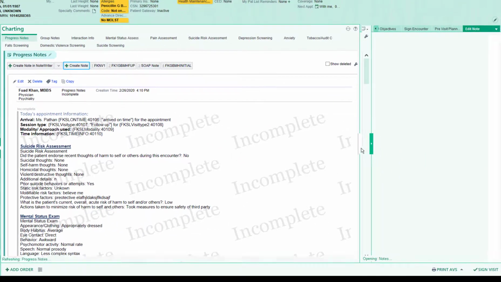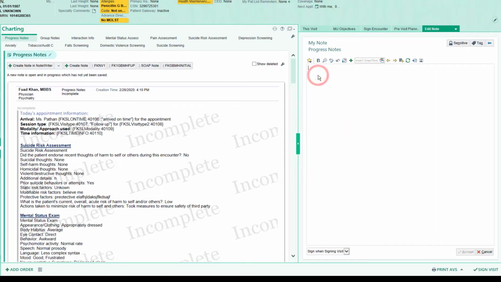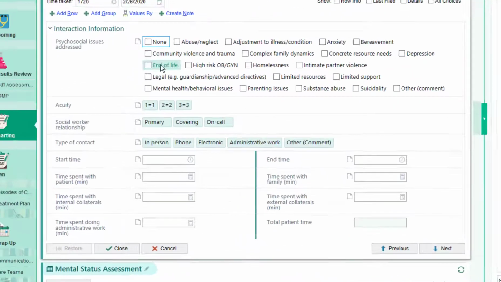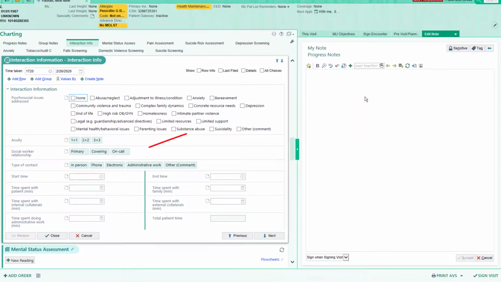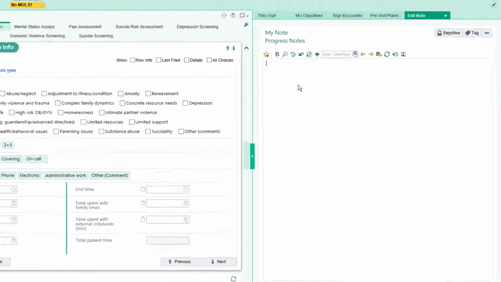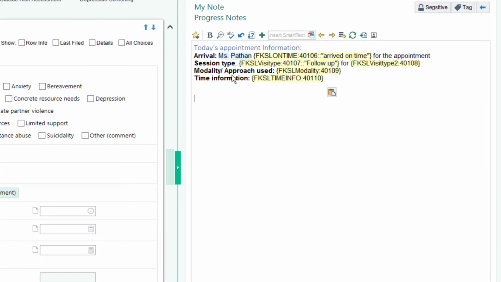So here's your note. Let's see if I have to put a smart phrase in. First of all, there's a question about the interaction info, which allows you to put in start time, end time, time spent with patients. This is cumbersome. Even though if you want to, you can do it here and then pull it here, but I think that's not needed. All you need to do is to have a smart phrase, and my smart phrase is FK begin,